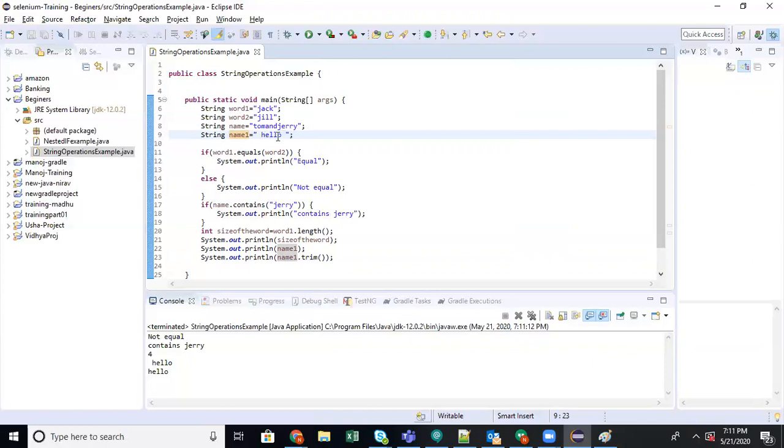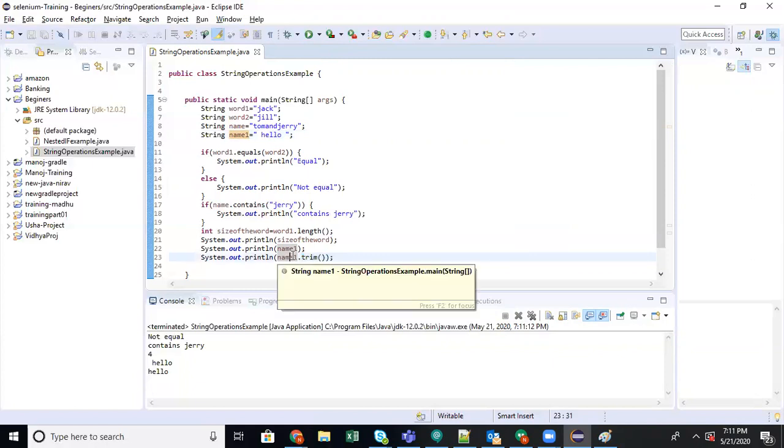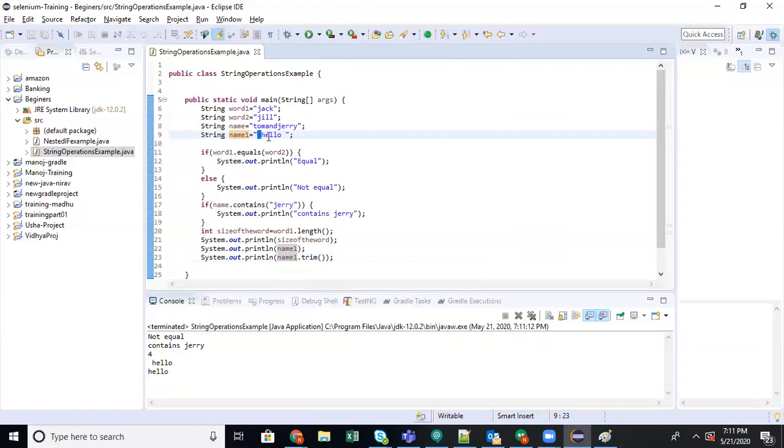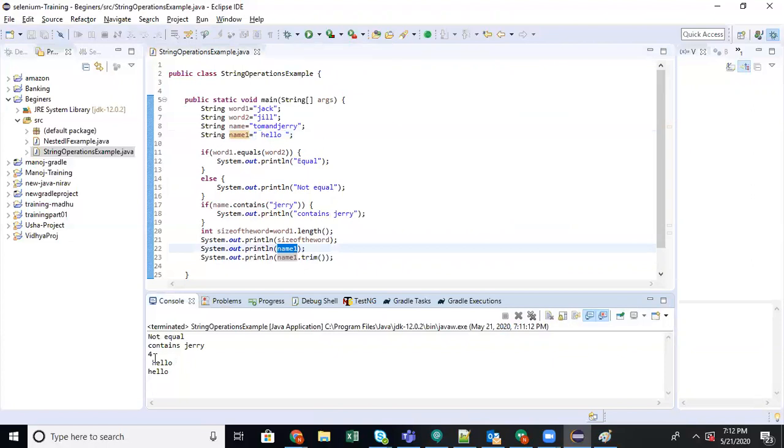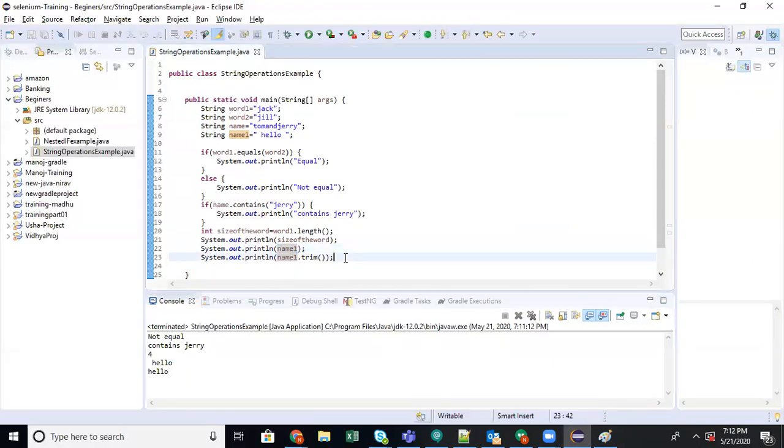Now, if I want to remove the space, I can use something called trim, which is done like this: whichever string you want to remove the space from, that string dot trim. This will remove the space in front and at the back. See, without trim, you can see how it prints along with the space. After I use trim, you can see it removes the space. Can you see? Yeah. This is the thing.